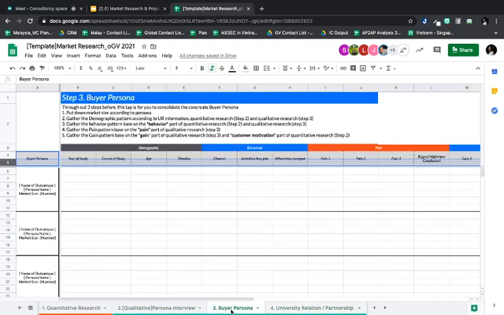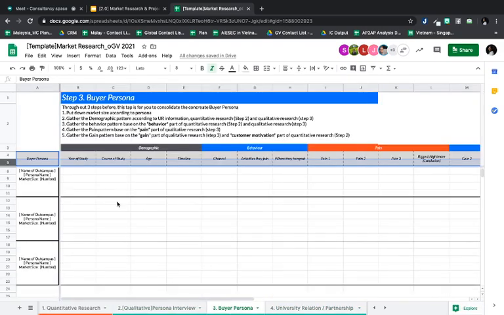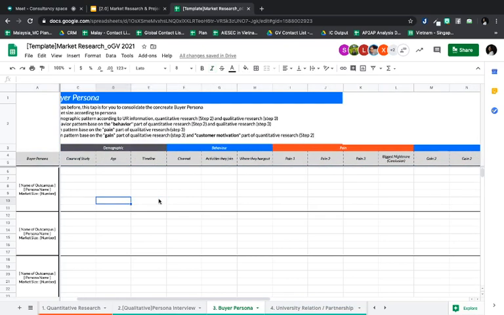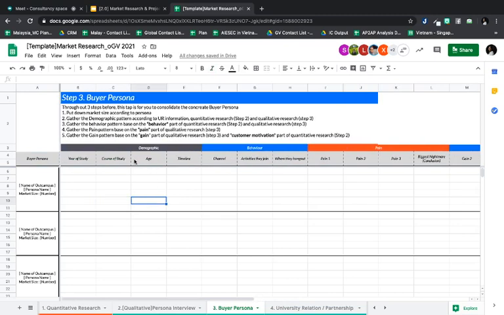After that is the whole thing regarding buyer persona and also UR relation and partnership. Buyer persona is about, after you conduct the research, identifying the buyer persona that we are having. Normally we base it on the faculty or course they are in, because the majority of our EPs have behavior based on their course of study; their main concern is what they are going to do after graduation. Here we will separate into four areas. Demographic, which is course of study, year of study, age, and also timeline.